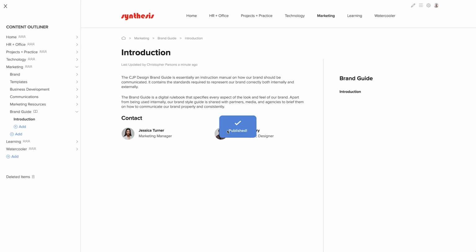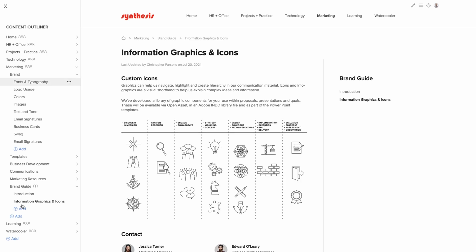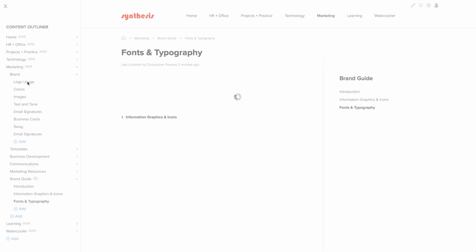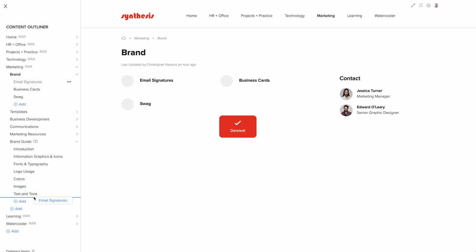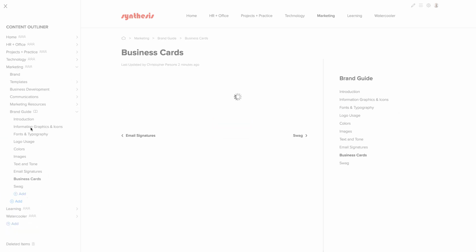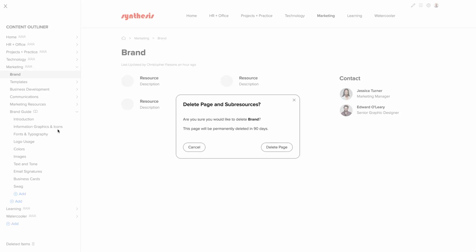Great. Let's add some more pages. I'm going to drag all of the pages from the brand section into the brand guide, starting with information graphics and icons. Now I'll use the magic of cinema to speed this process up a little bit. Okay, now that that's done, I can delete the old brand page